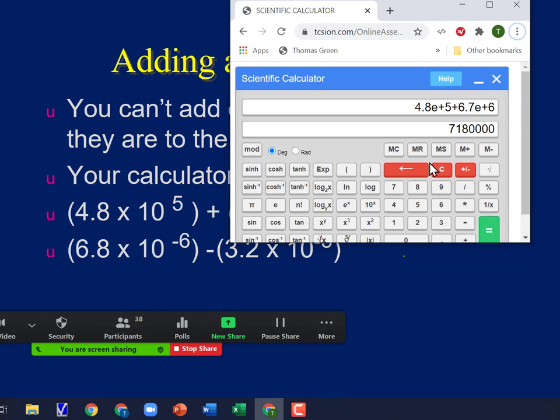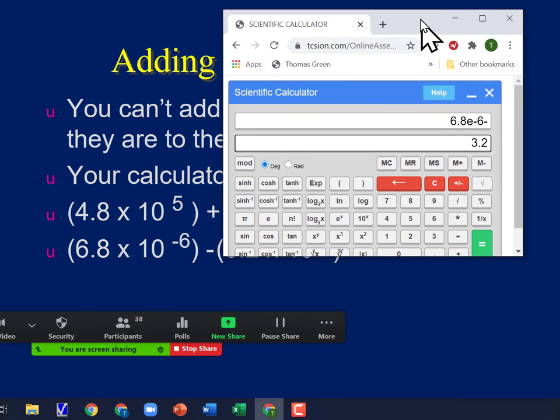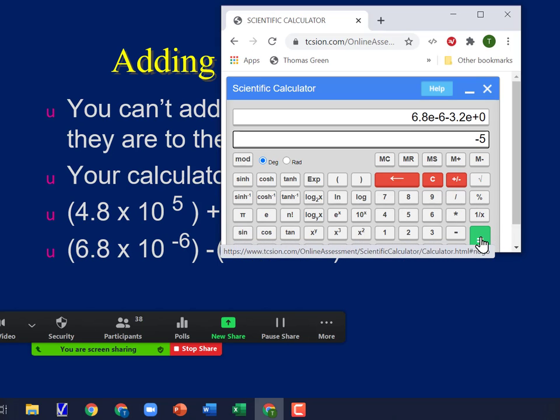Okay, so let's clear everything. 6.8 EXP. My calculator, I got to push the 6 first and then change the sign. And to that, I want to subtract 3.2, and that was to what power? The negative fifth? EXP 5, change the sign, equals,